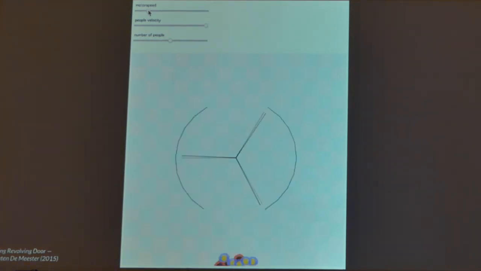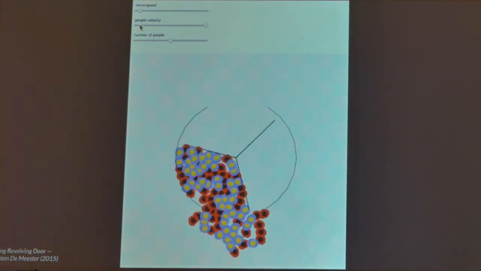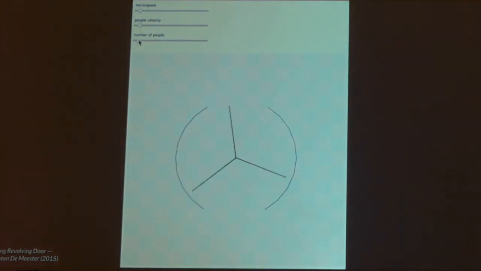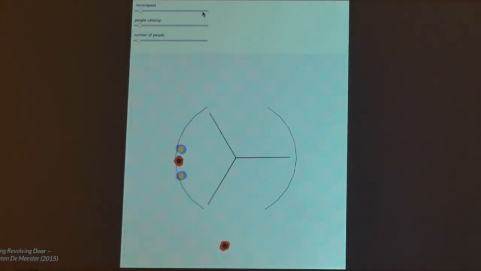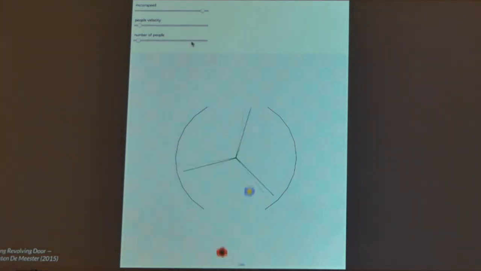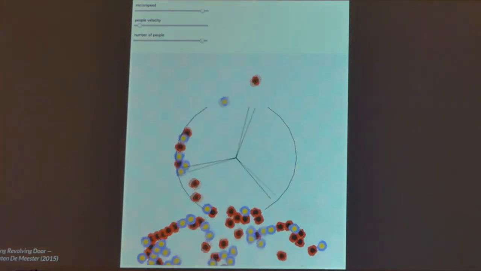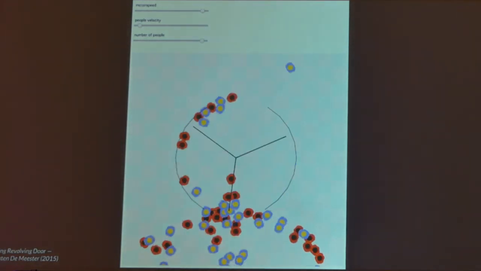So we made that. This is all the people coming in, and then you can change the motor speed. You can say how fast people are going, how eager they are, if it's shopping season or just normal season. And then of course you can tweak the motor speed and make everything go crazy. Yeah. Cool. For a more serious thing maybe, we were thinking about different models because, as I said, I'm working in an academic context. We have to think a little bit about, okay, can we make this into a commercial application?